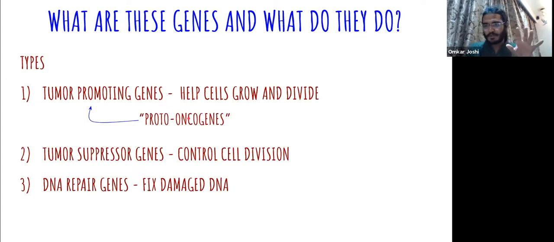So I've told you about tumor promoting genes. They help the cells to divide, to grow, and to proliferate. Tumor suppressors are the exact opposite. They'll prevent that. And DNA repair genes is what I've been telling you. If there is an error, the cell has mechanisms to correct it. DNA repair genes code for proteins that fix the damage to the DNA. They'll go scan the individual DNA strands, see if there is an error, and fix that error. And if there is a mutation in these DNA repair genes, chances are that these errors propagate.